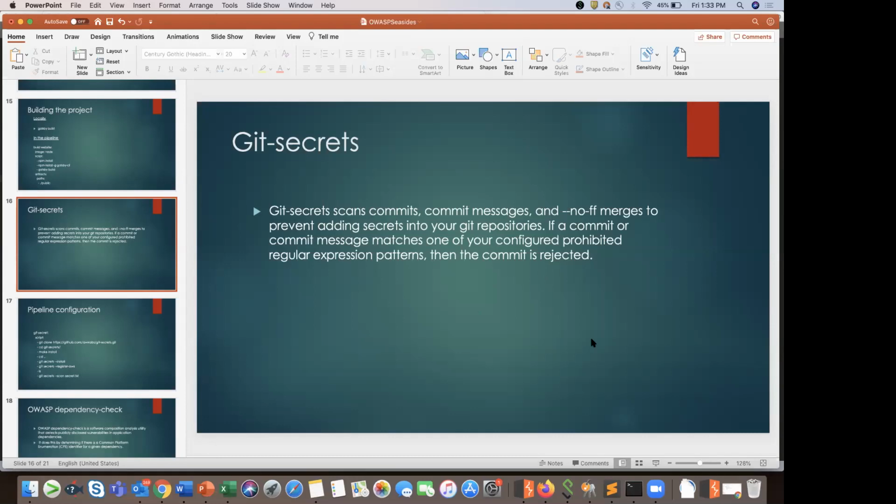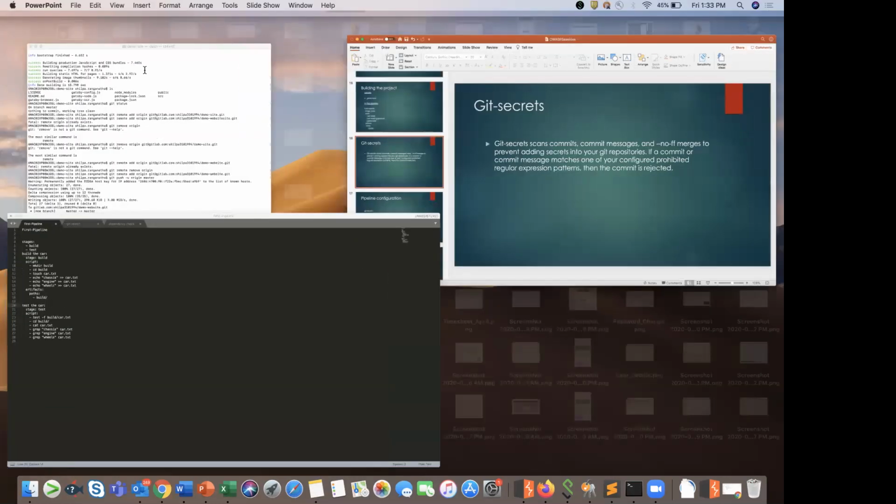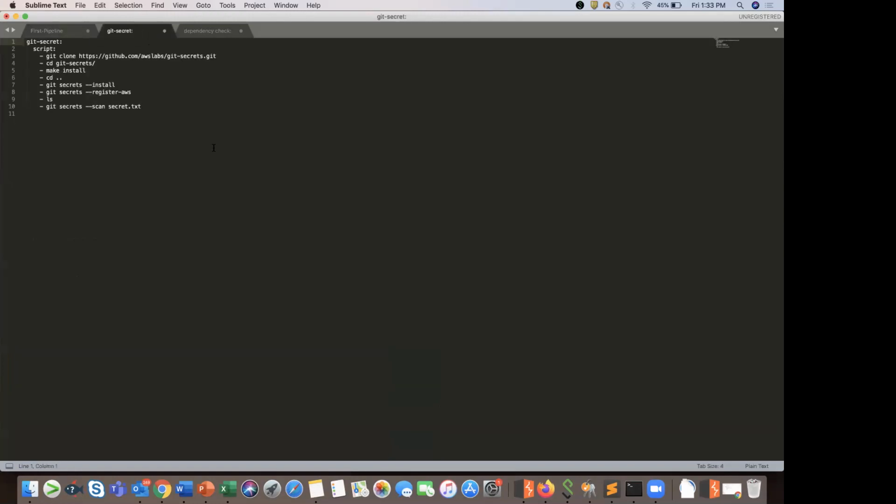So let's go back, but before going back, let's understand the pipeline that I'm going to be using there. Okay, so this is my code, this is the configuration file for the same. First, it's a very simple script. I'm cloning the git secrets tool repository. This is the GitHub link for the same. Once that is cloned, there are a few installations that have to be done. So I'm making use of the make install command. Then after that, there are a few plugins that have to be installed with respect to git secrets.